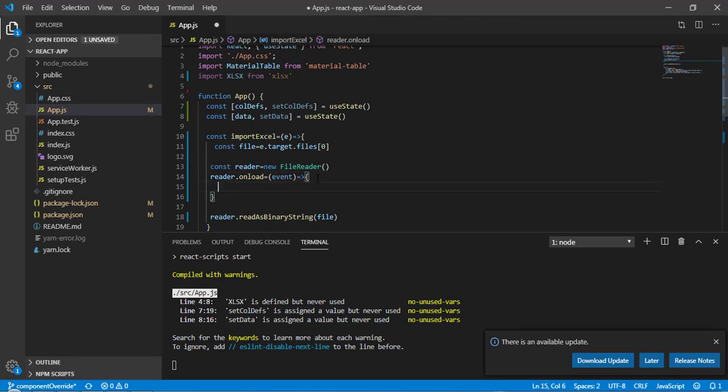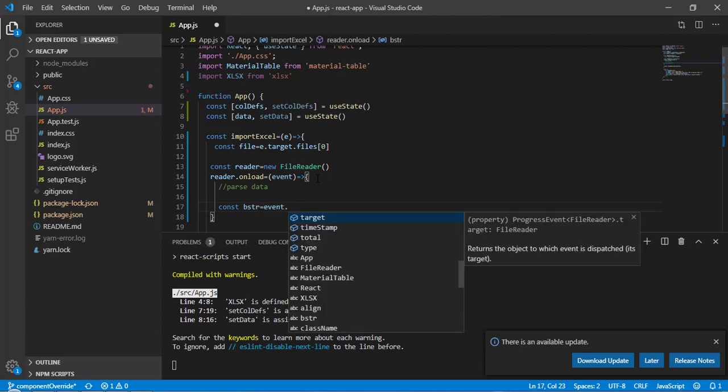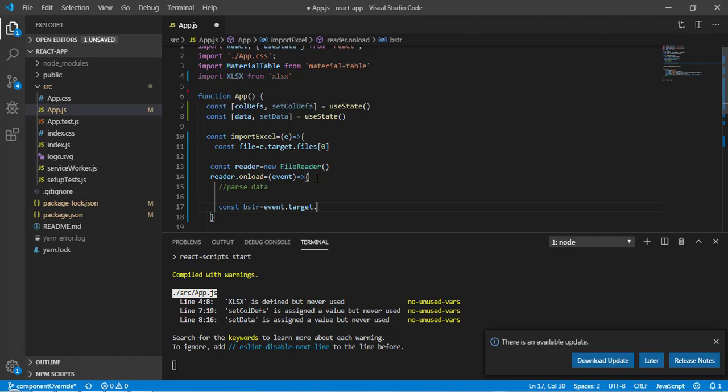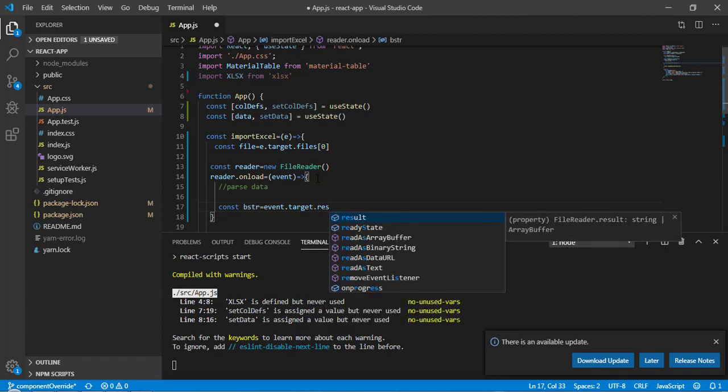Okay, so let me delete this line and write here parse data. First of all I will write const, and we are going to convert to binary. So here event.target.result.